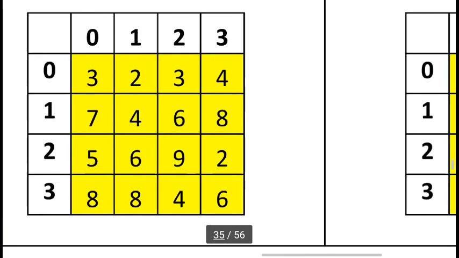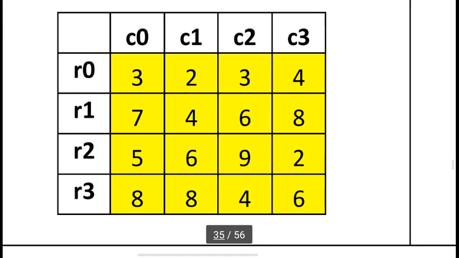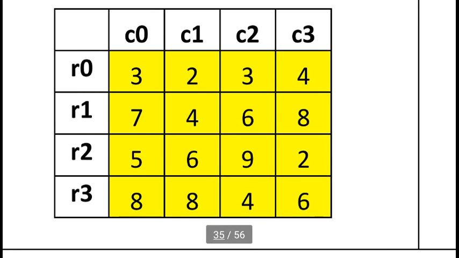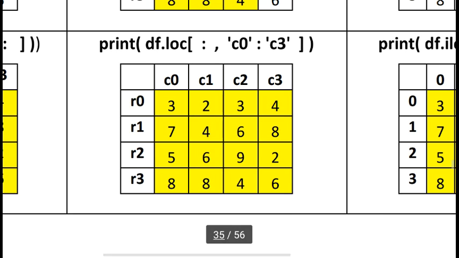But when we change this default index of rows and columns, we always use loc to select one row from the top, more than one row, and so on. Then after selecting a row or multiple rows and columns, we can perform various statistical operations.